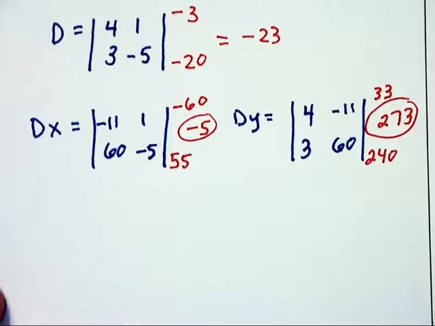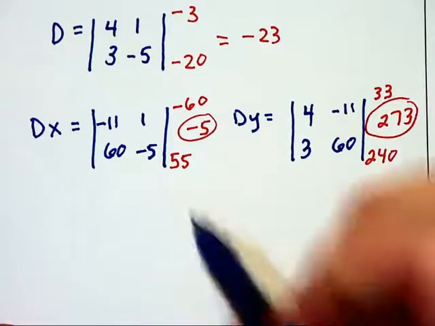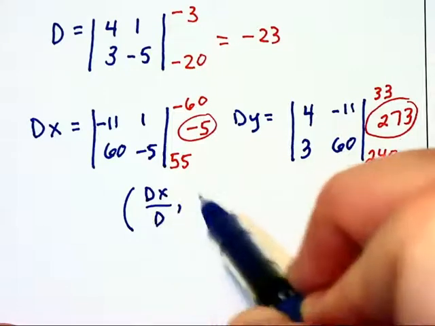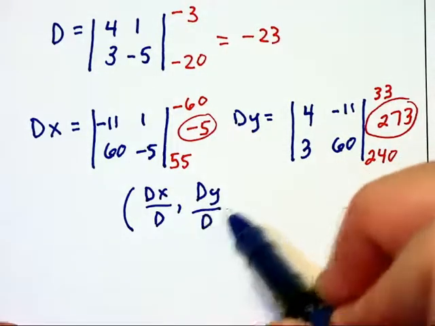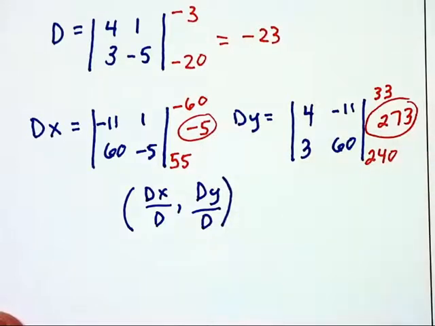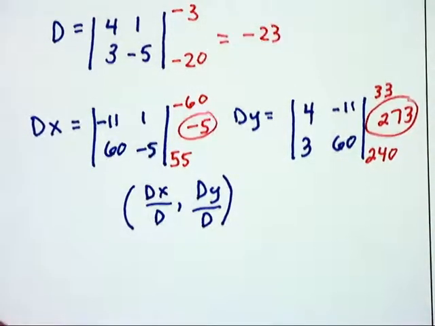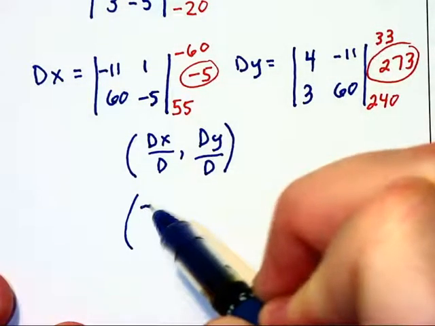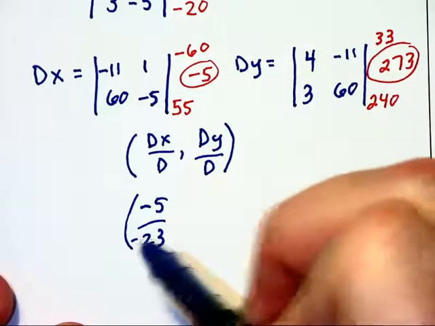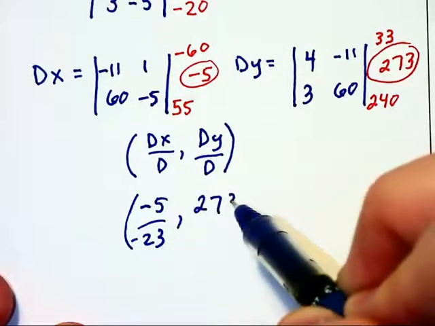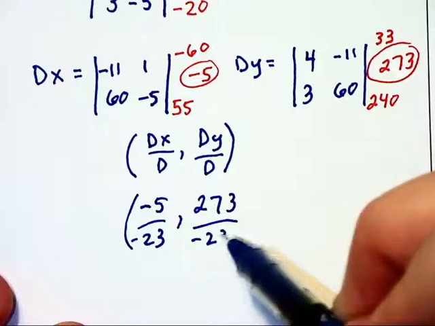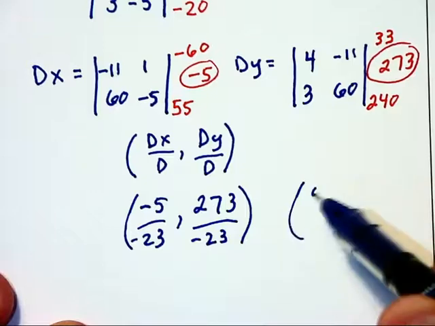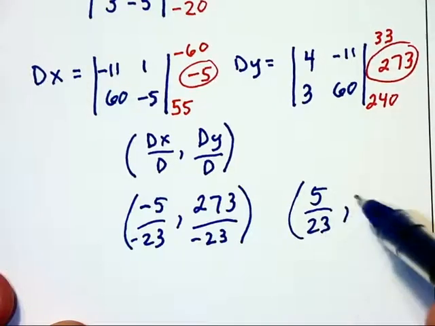that determinant. Now Cramer's rule says that the solution set that we're looking for will be of the form dx over d, comma, dy over d. And if this was a 3x3 situation, we follow that by dz over d. So we will have as our solution set -5 over -23, comma, 273 over -23. And I don't like those two negatives right there, so let's rewrite this as +5/23, comma,